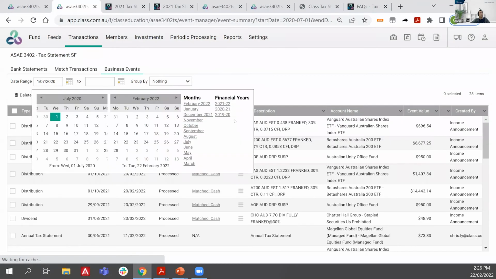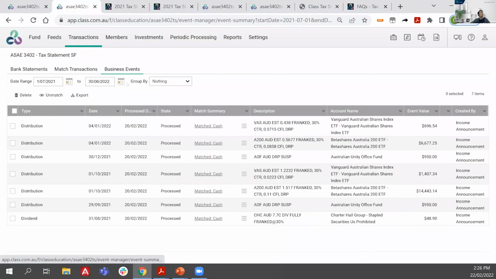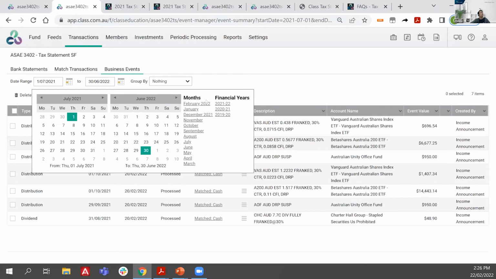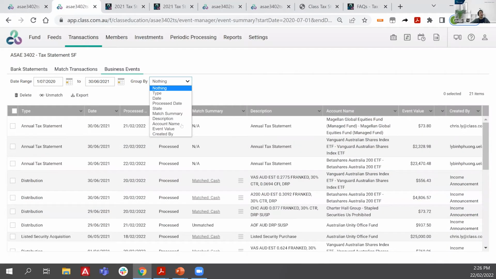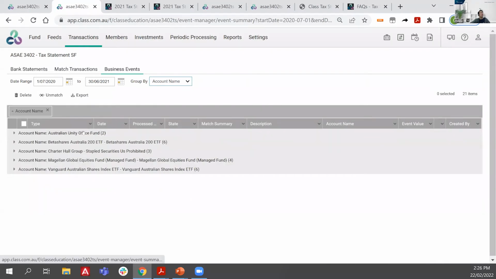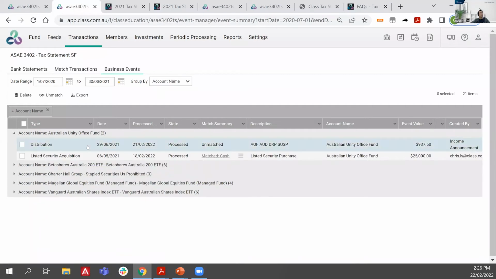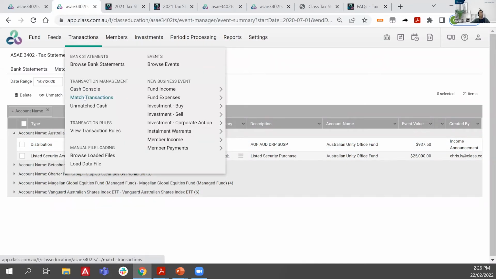Select financial year 2021. Group by account name. Our example is Australian Unity Office Fund. We can see that the distribution is currently unmatched. The amount is 937.5. If we now refer to transaction, net transactions group,